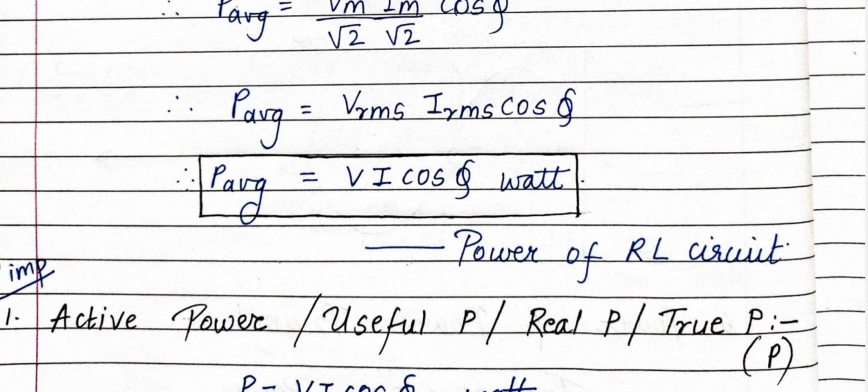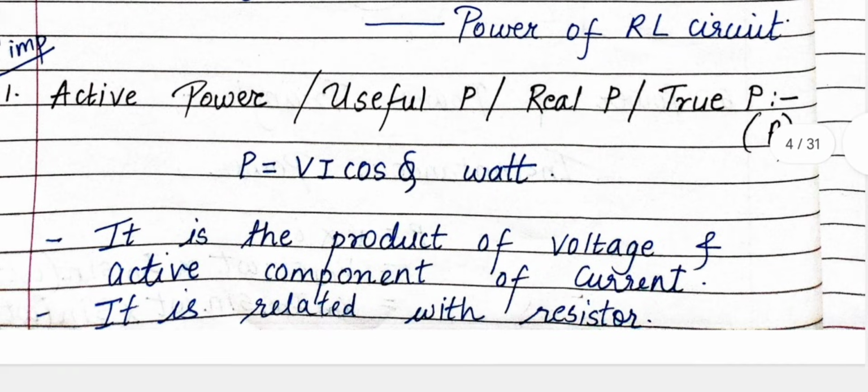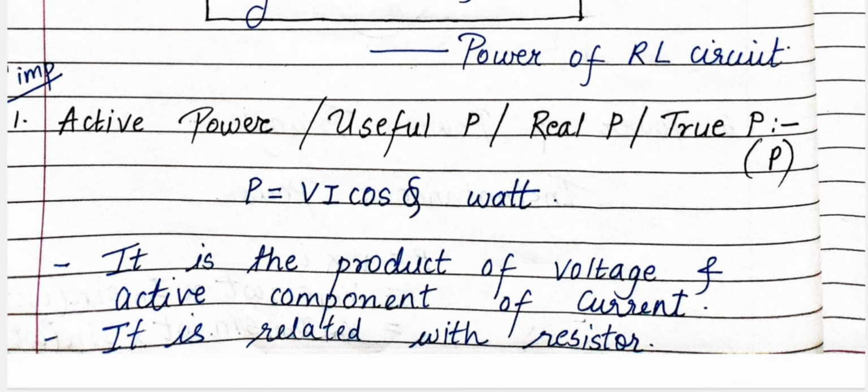Now the very important part is coming, that is your 3 definitions of power. See, anyone like for RL circuit or RC circuit comes, so after your power and power triangle you have to write these 3 definitions, or these 3 definitions can be asked to you separately also for 3 marks. Okay, so this is very important. In this you have to mention the formula and you have to define it with the unit. Remember, these 3 are power, but all 3 have different units.